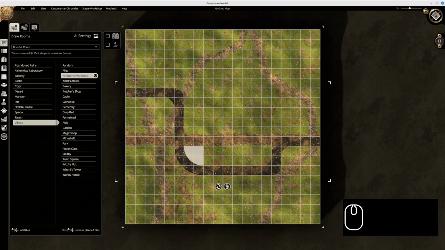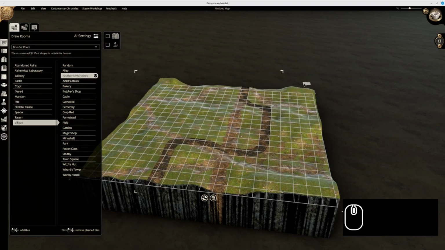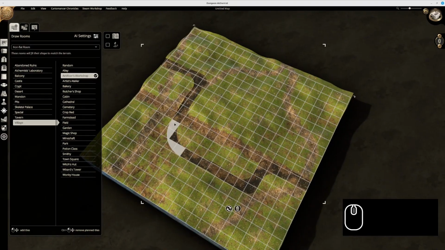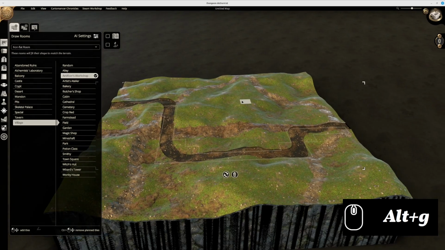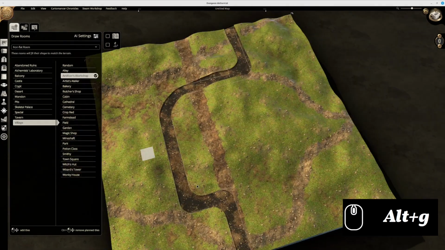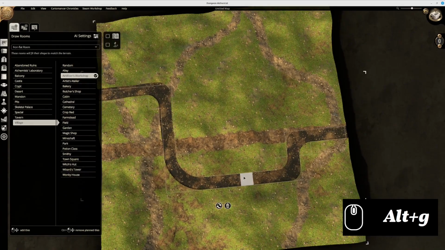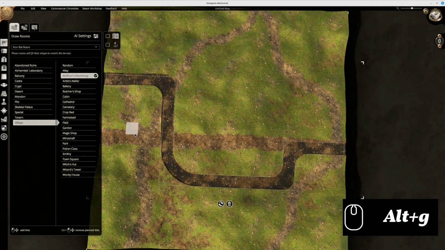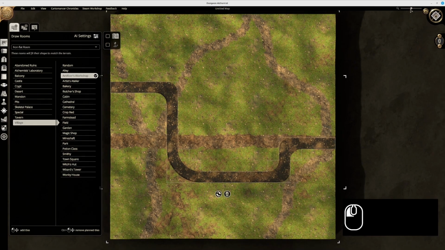It's just dirt. And if we go to the 3D view, since it's non-flat, it stayed contoured to our terrain, which is pretty cool. And we have a nice path or a road that looks like it was purposefully made instead of done by wild animals or goblins. So, going back to the top view,